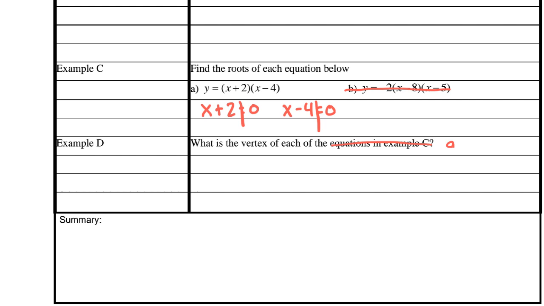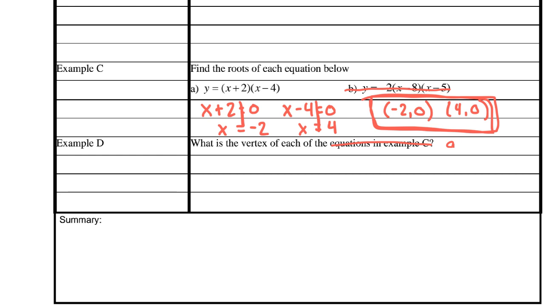And so subtracting 2 from the first one, we would get x equals negative 2, and that makes one of our roots at (-2, 0). And then adding 4 on the other one, we would have x equals 4, which means our other root is at (4, 0). Example D asks us what the vertex is,